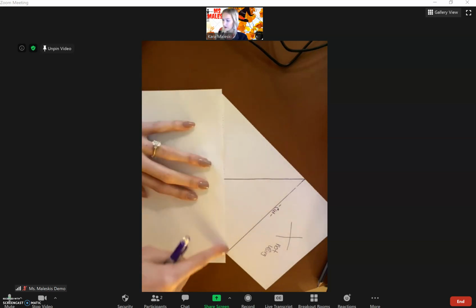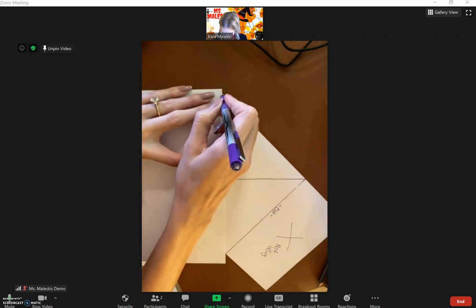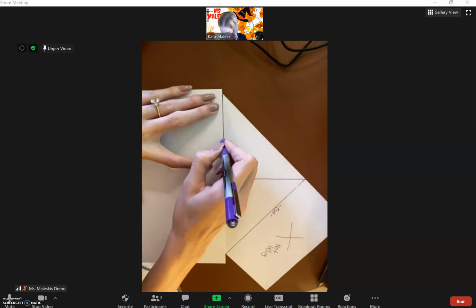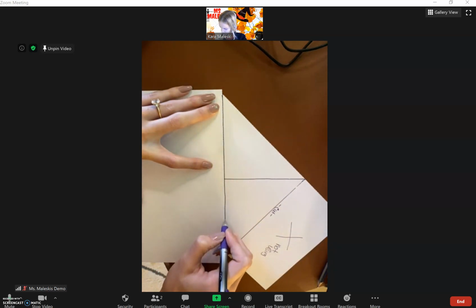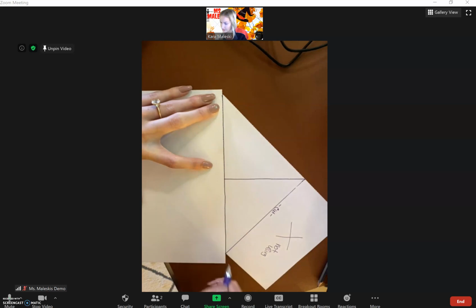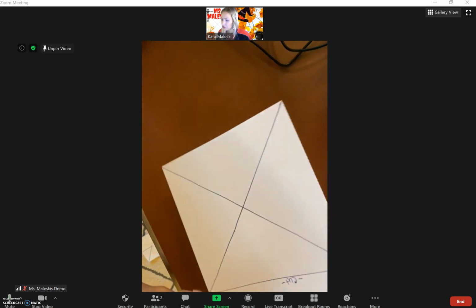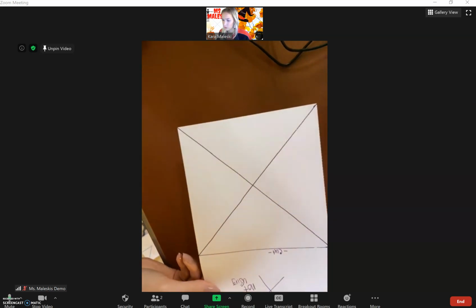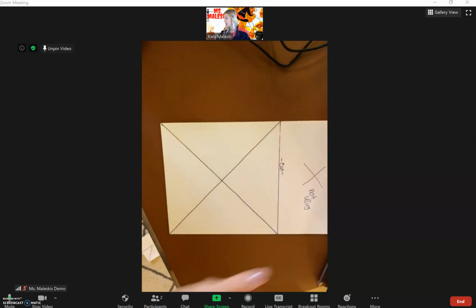It's now going across, and I'm going to use this as a guiding hard edge in order to draw a perfectly straight line. So at this point on your piece of paper, you should have an X marks the spot square. So once you have this on your paper,